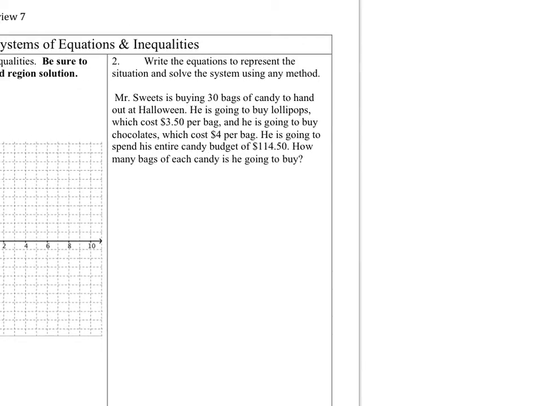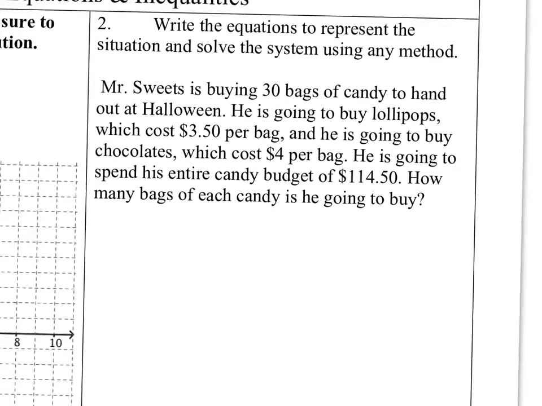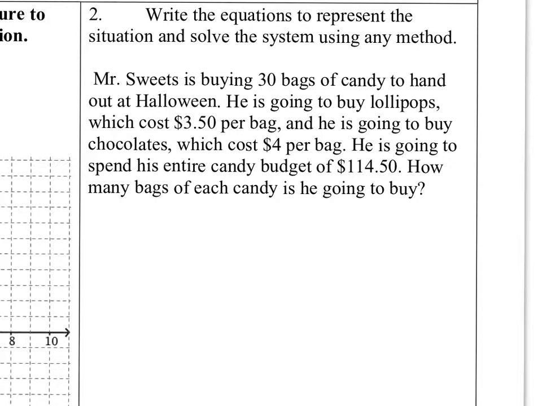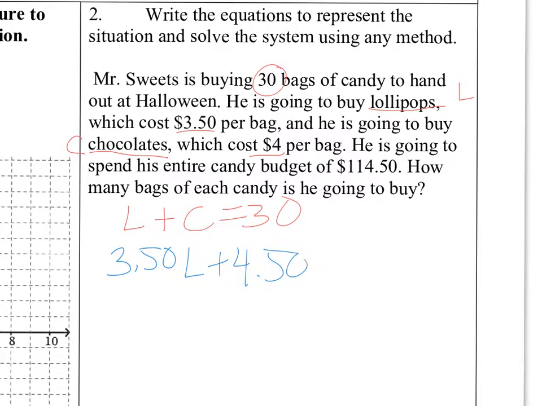Problem number 2. We're looking at a system of equations to represent the situation of candy. We're looking at buying bags of candy for Halloween. He's going to buy lollipops that cost $3.50 a bag. Call that L. Going to buy chocolates, which cost $4 a bag. Cool. So it looks like I don't know how many bags. So I might say that L plus C is equal to 30, because that's how many total bags he's going to buy. I also know that 3.50 times L plus 4.50 times C is equal to his entire budget of